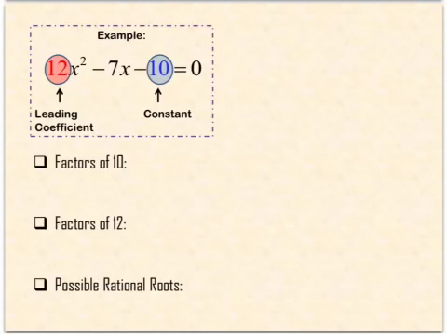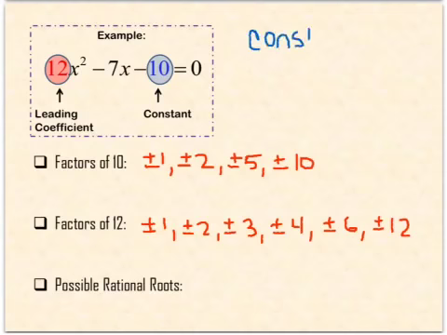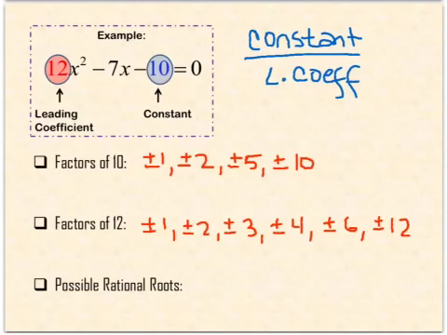So, for example, on the last slide, we already looked at the factors of 12. So now let's look at the factors of 10. The factors of 10 are going to be plus or minus 1, plus or minus 2, plus or minus 5, and then plus or minus 10. Now, if I want to look at the possible rational roots, it's the constant factors divided by the leading coefficient factors. Okay? So, that means I take all my constant factors